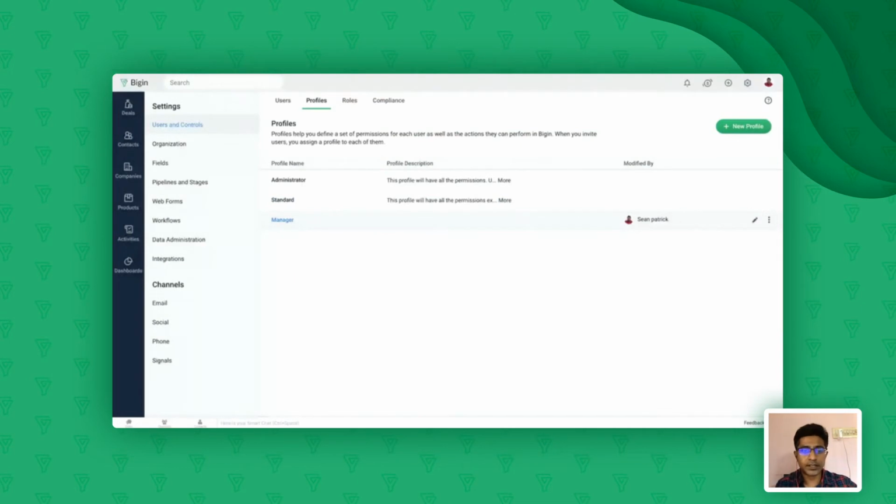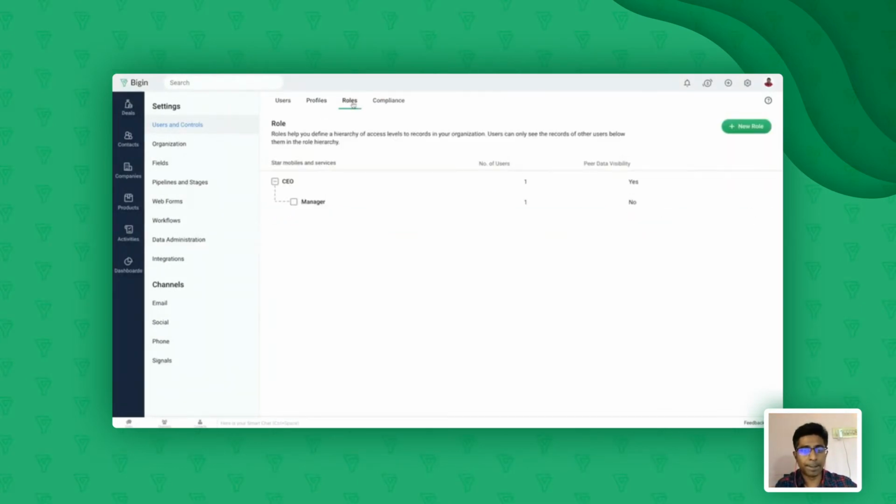So let's move on to the roles segment over here. As I said, roles will decide what your user can view in the CRM, view in the sense of record level. By default, Begin comes with the CEO and the manager role.